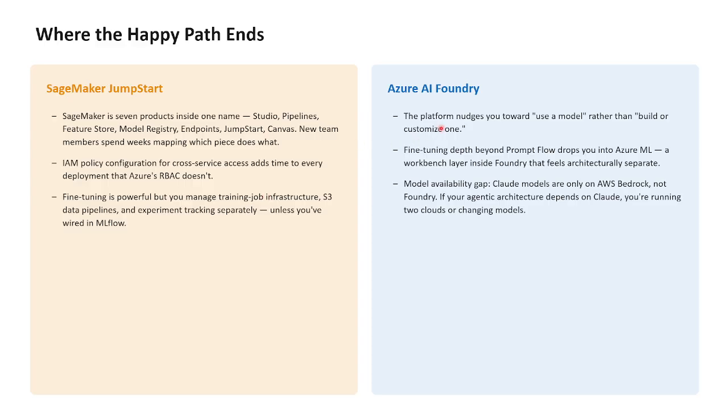In Azure AI Foundry, the platform is basically about using a model rather than building or customizing one. Fine tuning is deeper, behind prompt flow, dropping into Azure ML, a workbench layer inside Foundry that feels architecturally separate. On model availability, the gap is that Claude models are only on AWS Bedrock, not Foundry. If your agentic architecture depends on Claude, and you are running two clouds or interchangeable models,